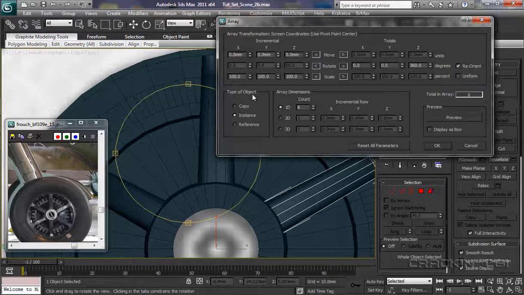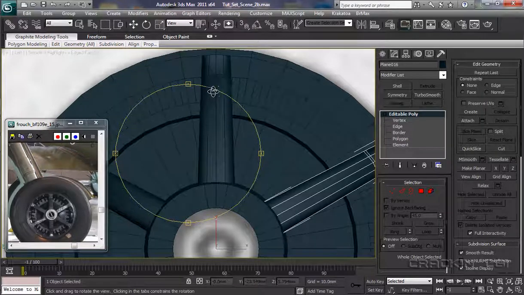Now, ordinarily you may wish to just make copies of these, and as a copy, if you modify one of them, then it remains the same. However, if you put it down as an instance, then if you wish to make any modifications to them, let me just